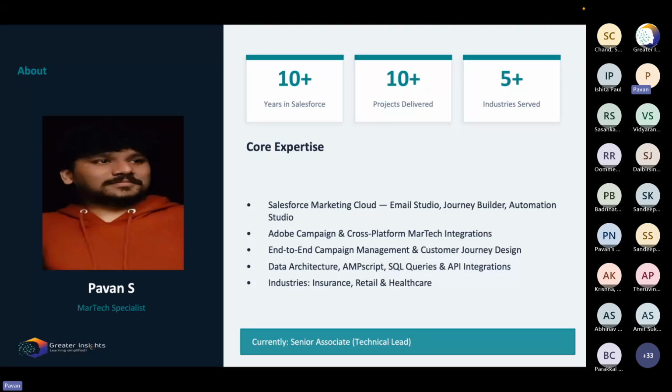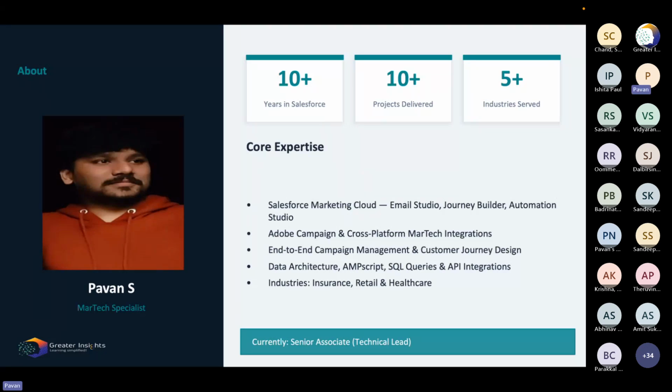As I hope you're aware of other clouds in Salesforce, such as Sales Cloud, Data Cloud, Service Cloud, Commerce Cloud, etc. So in that sense, I also have experience working on portfolios such as insurance, healthcare, retail, and